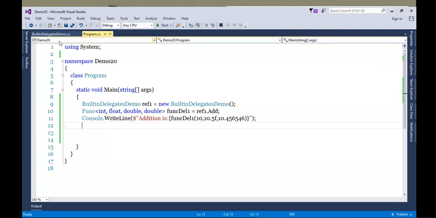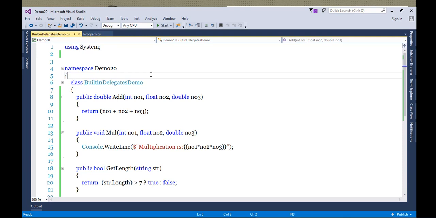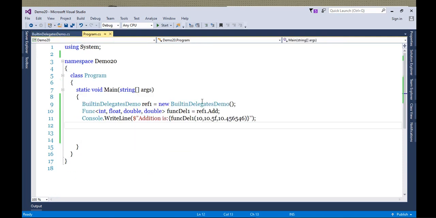Okay. So what is the advantage of this? The advantage is it is not required for me to create a delegate now. This is a proper delegate concept we implemented. Can we implement an anonymous method with this? Yes. Can we implement a lambda expression with this? Yes.